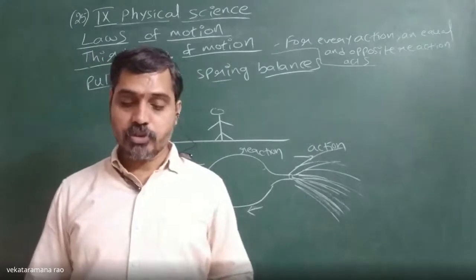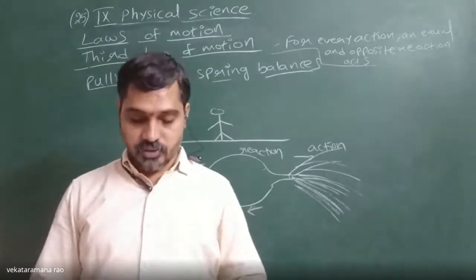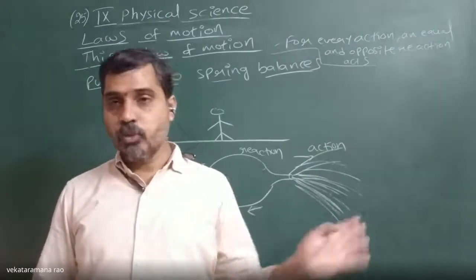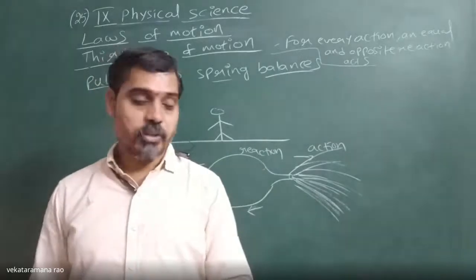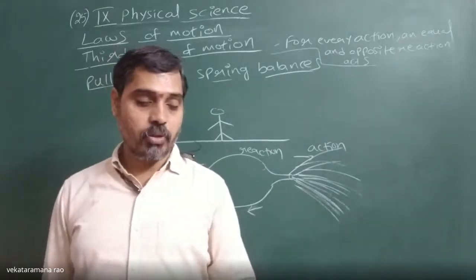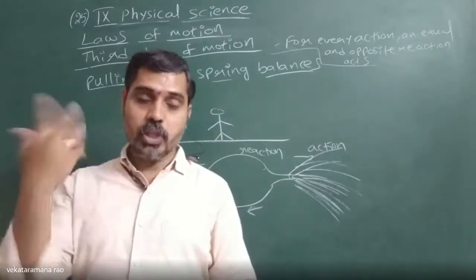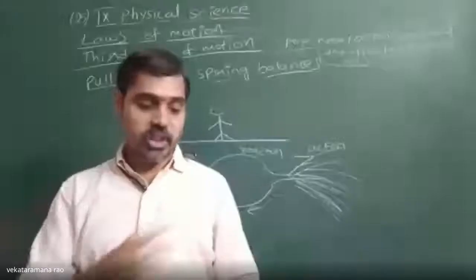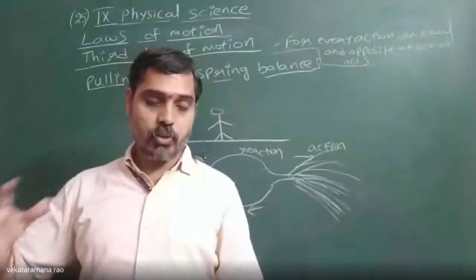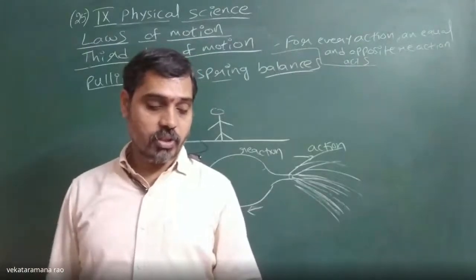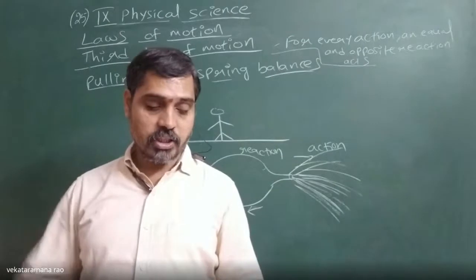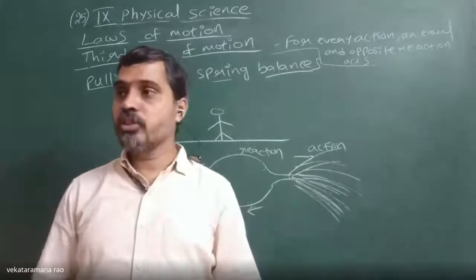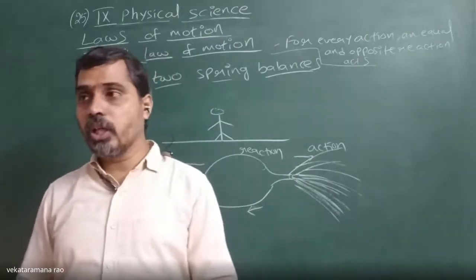Next, we can see the balloon rocket that we already discussed. The forces on the inside wall of the balloon make the balloon fly away. When you release the neck of the balloon to allow air to come out, the balloon moves in the direction opposite to that of the escaping air. So the total momentum of balloon and air is zero. When the air escapes with a velocity, the balloon moves in the opposite direction. So this is totally due to Newton's third law of motion.